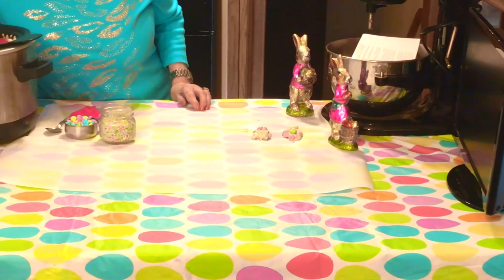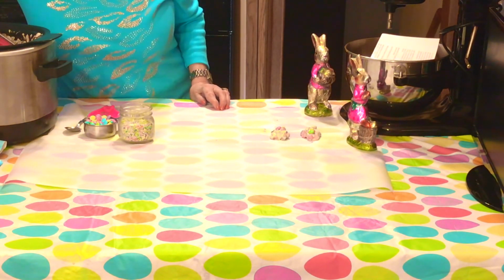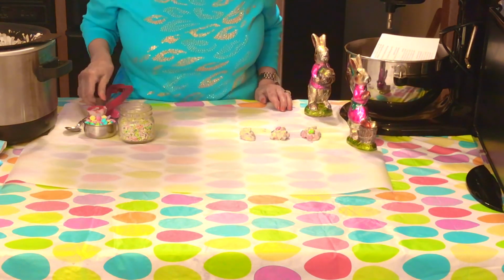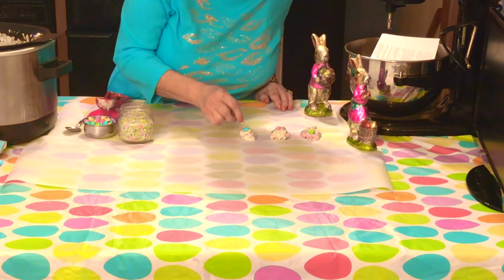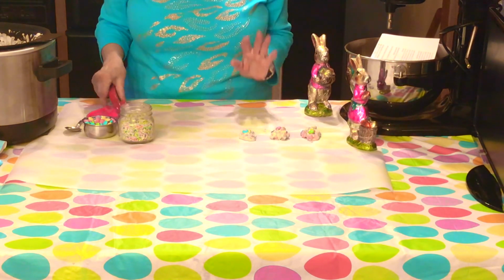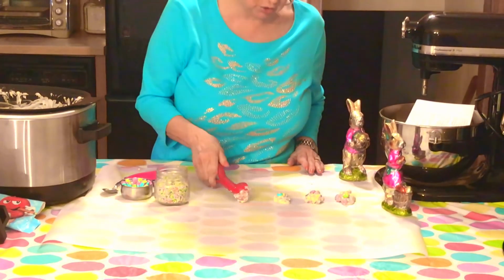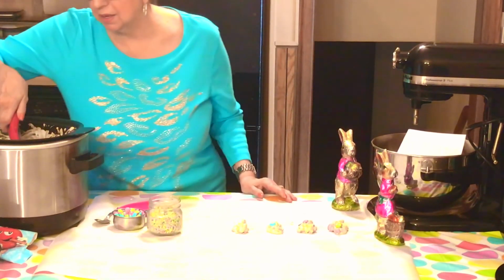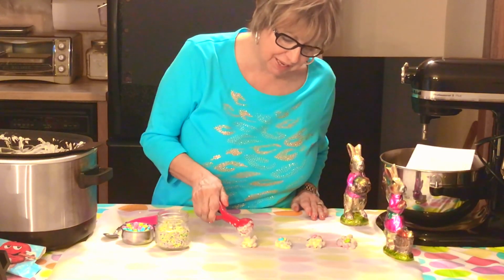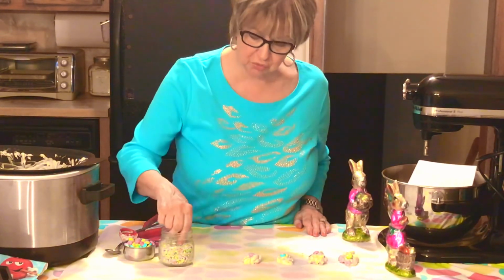I'll do a few more, and then maybe the cameraman can get down and show you what they look like. And then, here we go, look at that. Put the pretty colored M&M on the top, and a few of these little sprinkles. And when I get all of these done, I'm going to just let them sit out until they harden. Now, you can let them sit out for as long as you want. In fact, actually, I'm going to the mall. So I'm going to just let them sit out here and harden